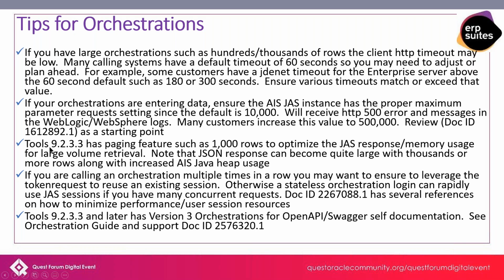In Tools 9233, they introduced the paging features, which is really nice, so that you don't overwhelm that JAS server by, say, pulling back 20,000 rows and using up a lot of memory. You can say, give me 1,000 at a time, or limit it to 1,000 rows. You have more flexibility there. Again, multiple times in a row, if you're doing orchestrations, you may want to have a token request to reuse the session. Gives you better performance. And then there's also some self-documentation with the Swagger Open API docs. So I know I'm going through these a little fast here, but